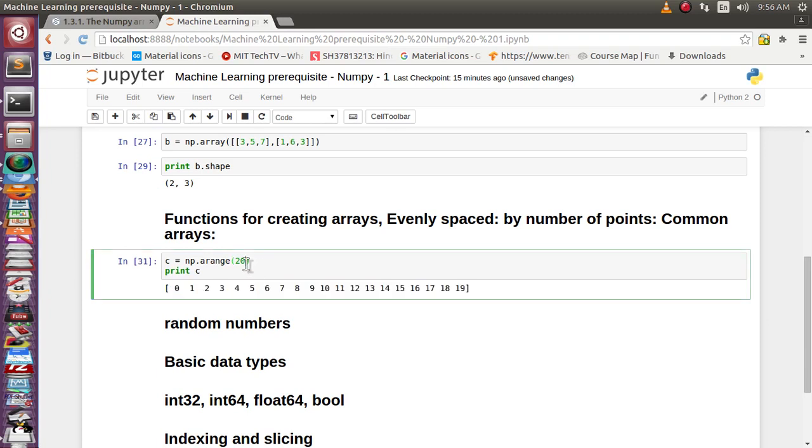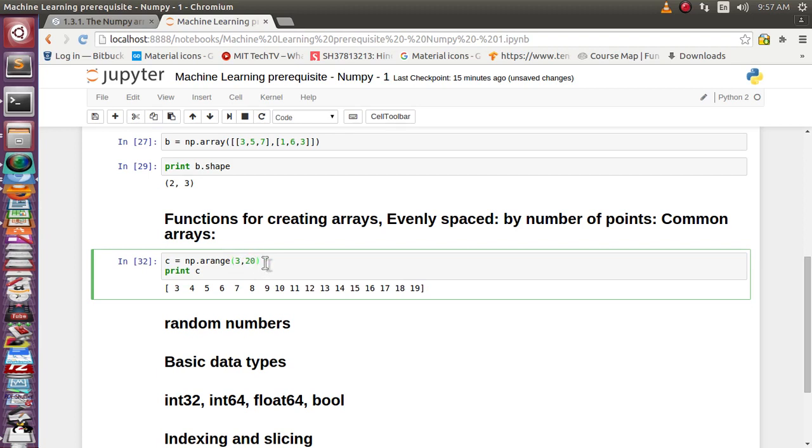Now suppose we do not want the values to start from 0, but from, say, 3, then it will start from 3 to 19. So you can give a starting value and an ending value, but the end won't be included.